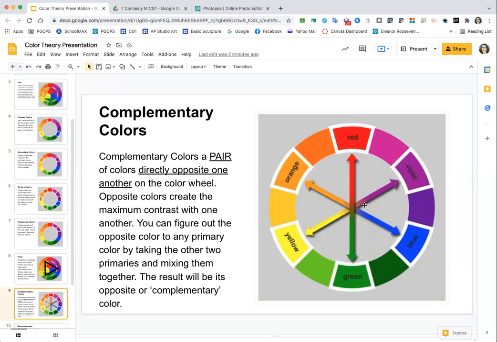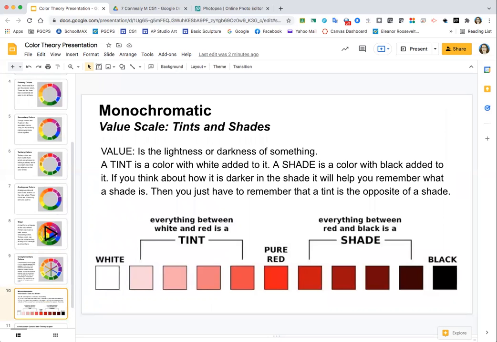So if you're going to do complementary colors, it can only be 2 colors plus shades and tints of the colors. So red and green are your choices if you choose complementary, or orange and blue, or violet and yellow. Okay, so you can pick complementary and pick a pair of colors, or you can do